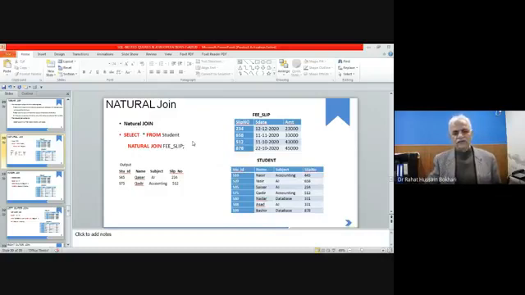Then we say whether we need the columns from both, and for the column that is within the two tables, whether we need one copy or two copies of that column. And you have already learned that natural join will keep one copy of the common attribute.